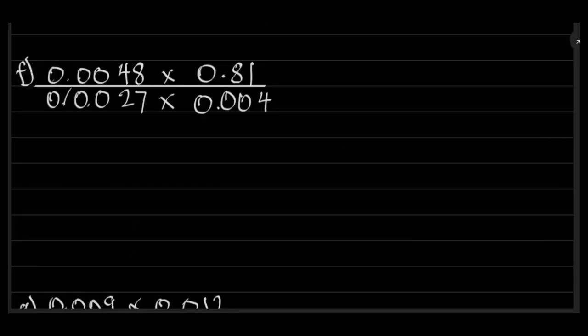Okay, so let's solve our next question. Now, since these numbers are all less than 1, we'll have to change them to standard whole numbers, so that it will be easier for us to cancel out. So going on, we are going to have 48 times 10 raised to the power negative. How many decimal places have we cleared? 4. 1, 2, 3, 4. So that is going to give us 10 raised to the power 4 times 81 times 10. We've cleared 2 decimal places, so raised to the power negative 2